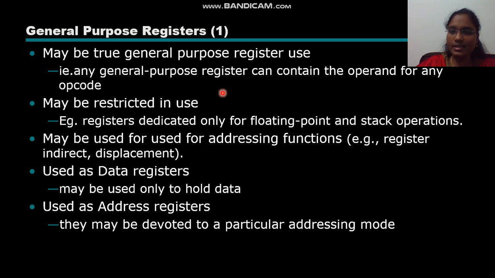Any register can be used for any purpose, and usually it contains the operand for any opcode. We know the opcode is any operation or action that has to be performed by the processor. So the operand for any operation can be put in a general purpose register,